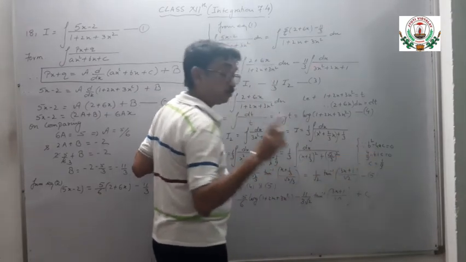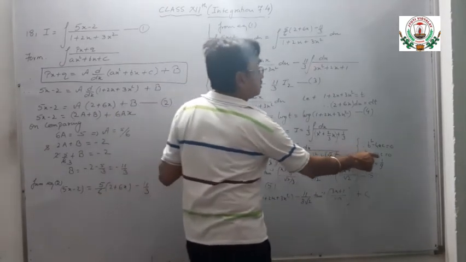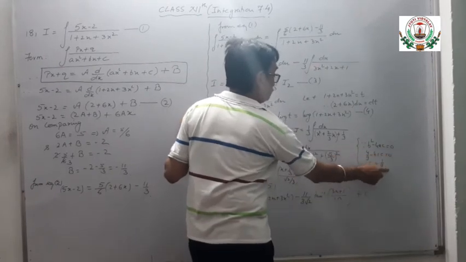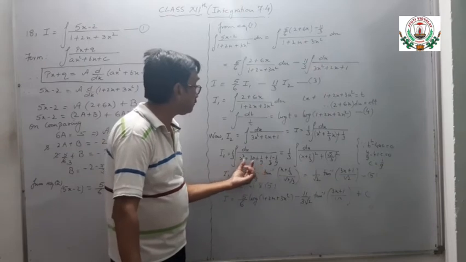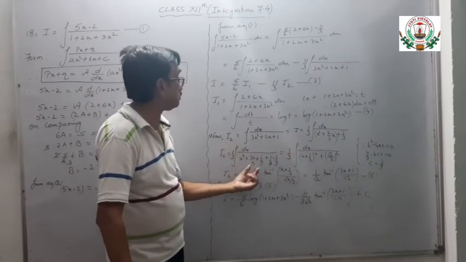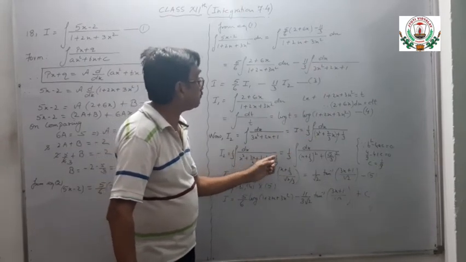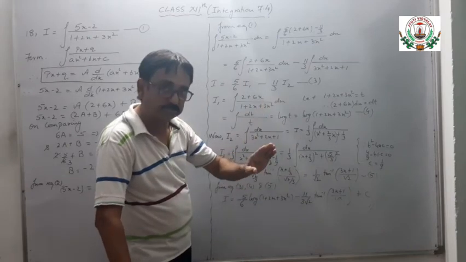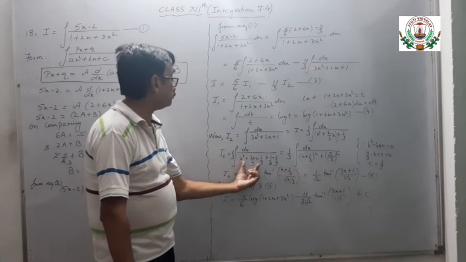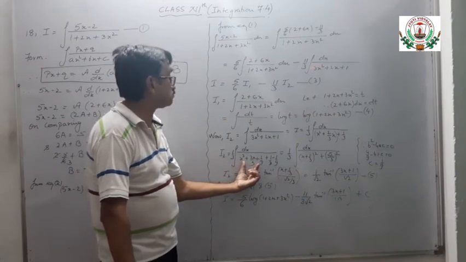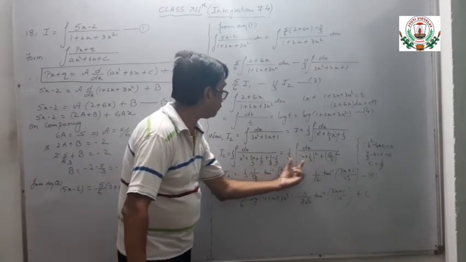Value of a will be always 1, into c equals to 0. The value of c comes to 1 by 9. So what I have to do, I have to add up 1 by 9 to this x square plus 2x by 3 plus 1 by 9, and plus 1 by 3 I have to subtract also that same term, minus 1 by 9. This forms a square plus 2ab plus b square,